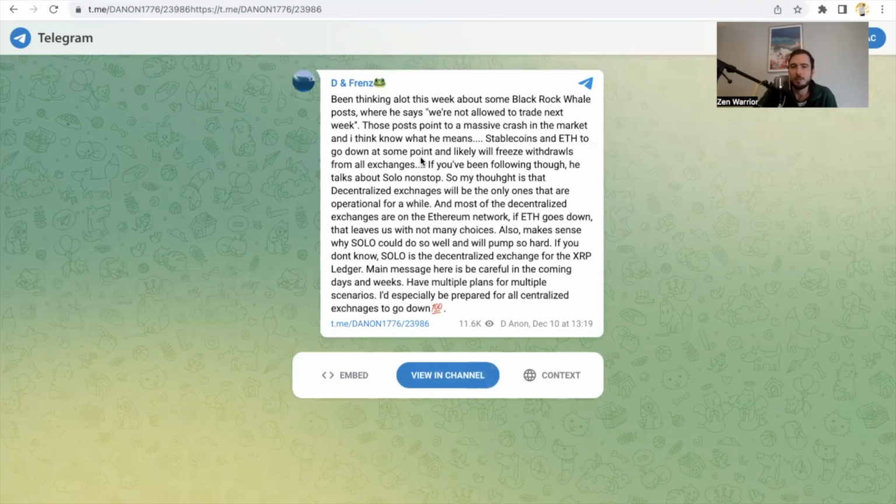So I thought this was interesting speculation. That's a possible scenario for Solo pumping to 170. If it's the only exchange that's working 24/7, that anyone in the world, all the XRP ledger assets you're able to access it there. So another reason why I believe this, because they just announced SEC qualified stablecoins via Stably,